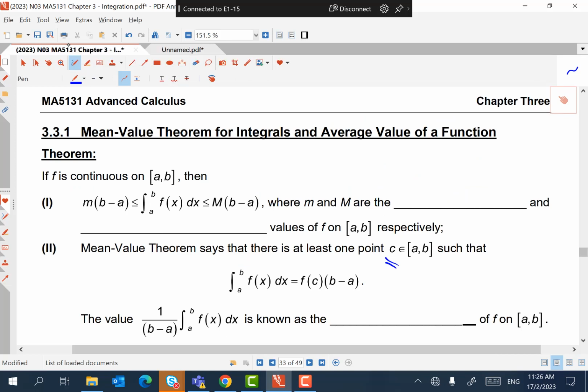So if you fill in the blank, what do you think the first blank is? Let's hear from Aditi. Absolute min and absolute max. Okay, and the theorem assures you the existence of c, wherein the pink area is equal to the area under the graph. In particular, if you move the factor b minus a to the left,